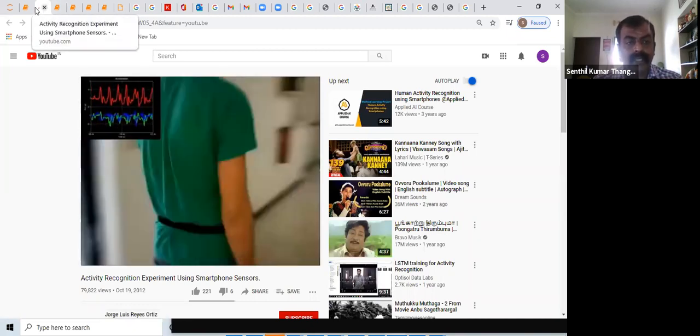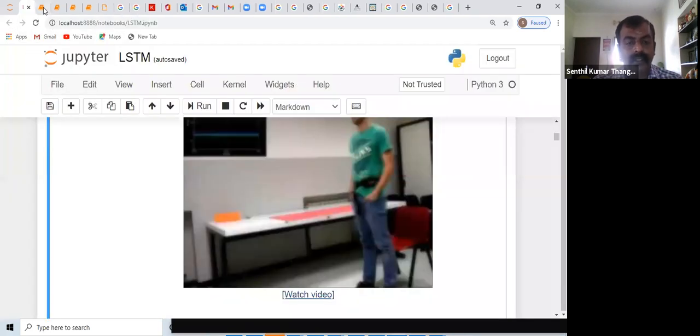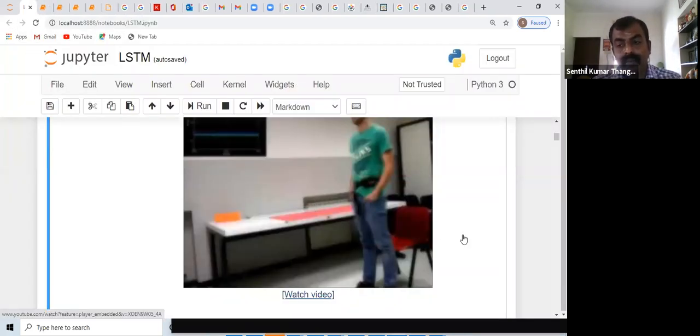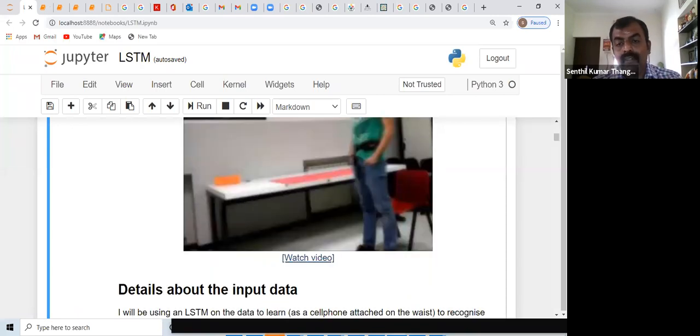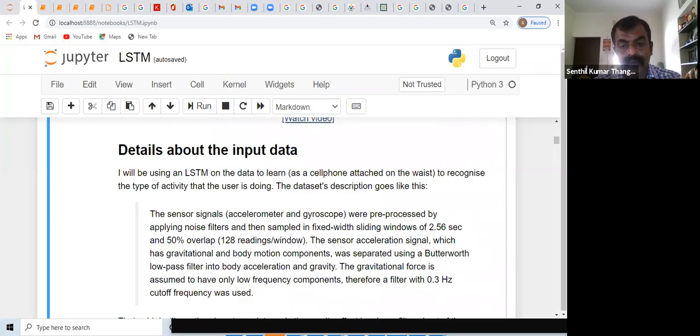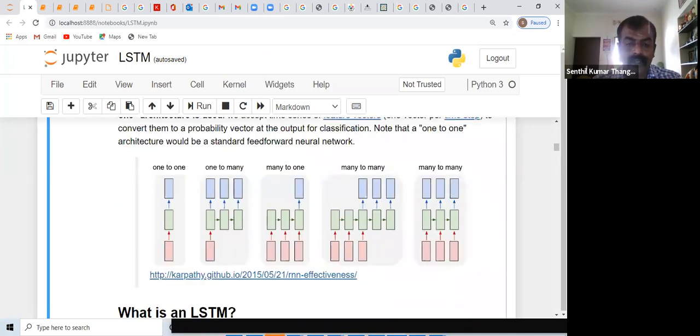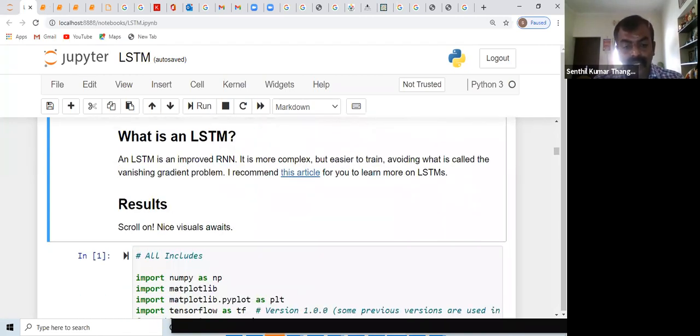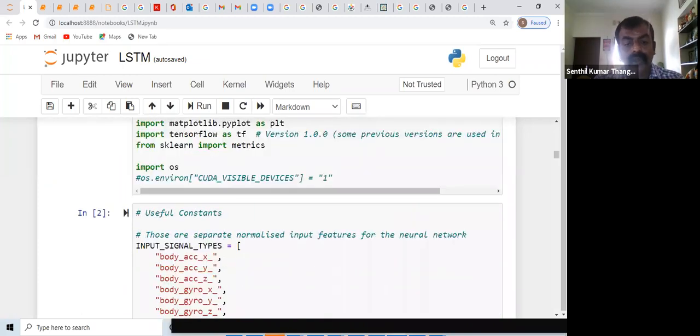This is a small sample, but the thought process we want you to know is that here we want to take a camera which will take a live feed, and it will try to recognize whether the person is falling or not. In case you want to do that, we can use many architectures. One architecture is RNN, you can use LSTM, you can use whichever architecture you like. So we have made